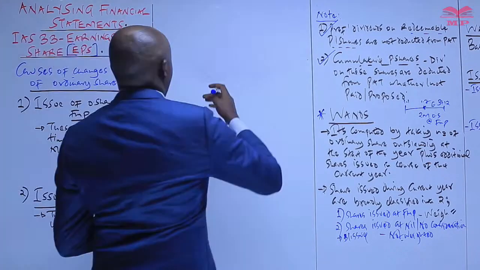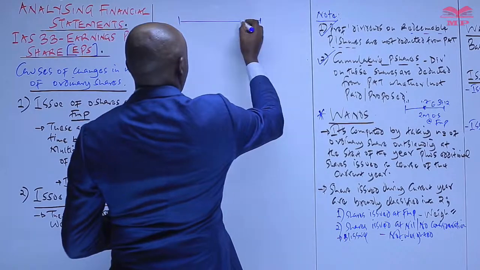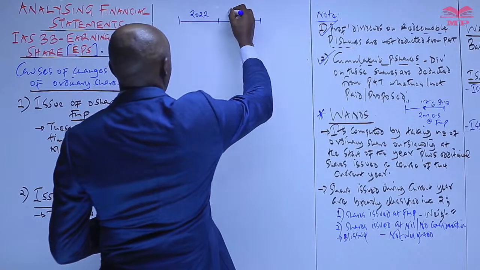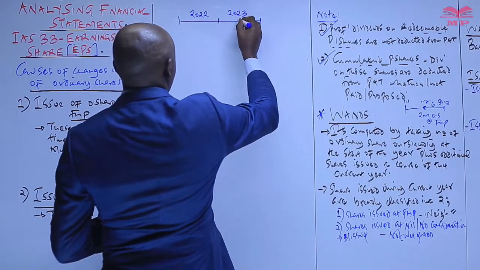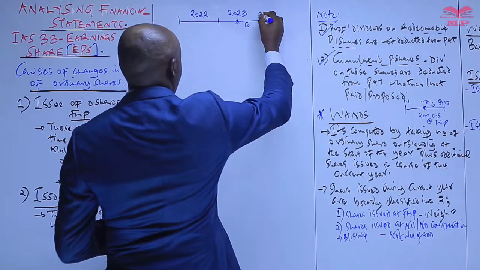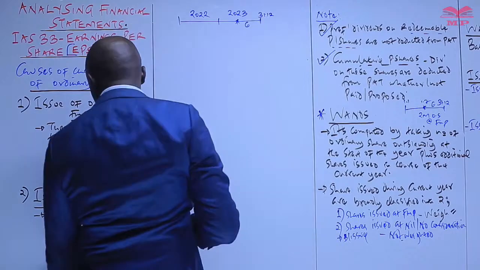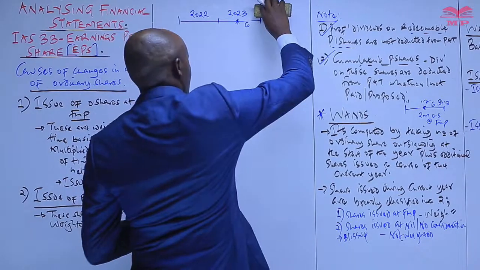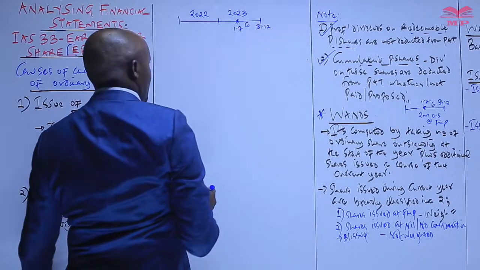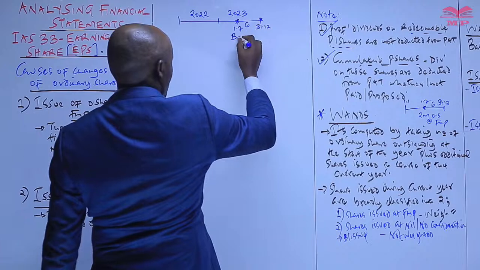Like, assuming you come across a question for earnings per share, and you're given information about 2 years, the year 2022 and the year 2023, and during this year, maybe 6 months to the end of the year, assuming the year is ending on 31st of December, we may be told that on 1st July of that year, which is 6 months to the end of the year, the company made a bonus issue.